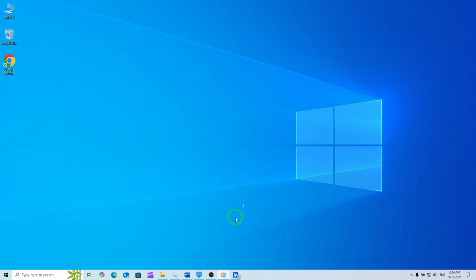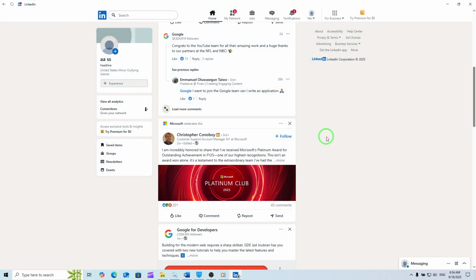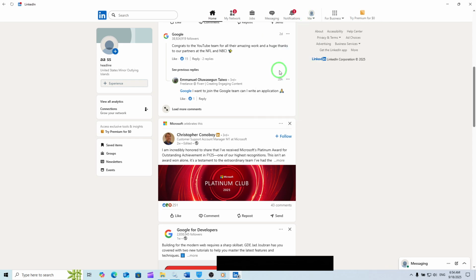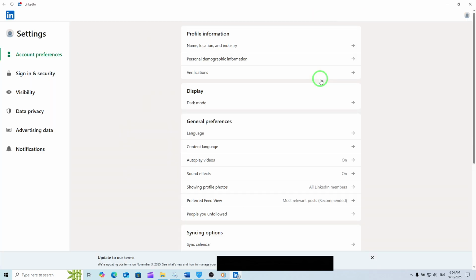Let's get started. First, open the LinkedIn app on your PC and make sure you're signed in to your account. Once inside, look toward the top right corner of your screen. You'll see the Me icon, which represents your profile. Go ahead and click on it. From there, a drop-down menu will appear. Select Settings and Privacy. This will take you to an area where you can manage your account details, privacy preferences,